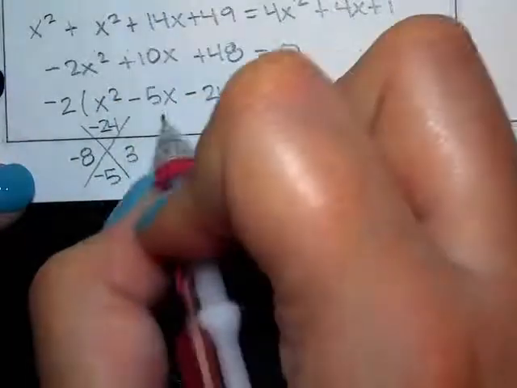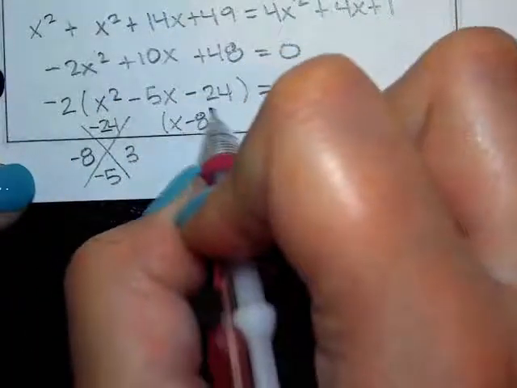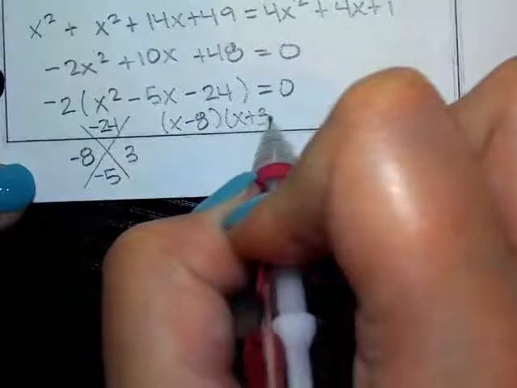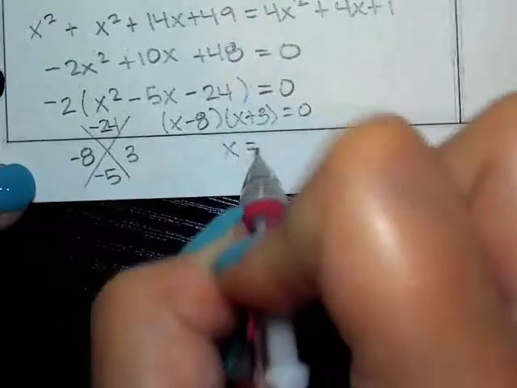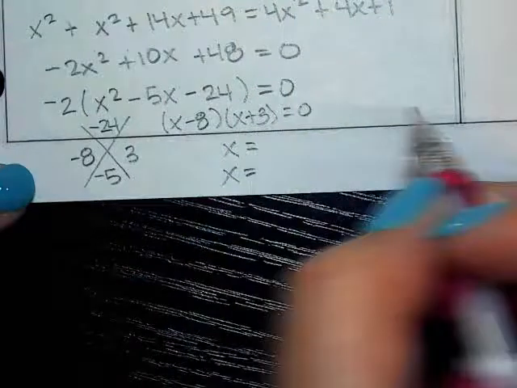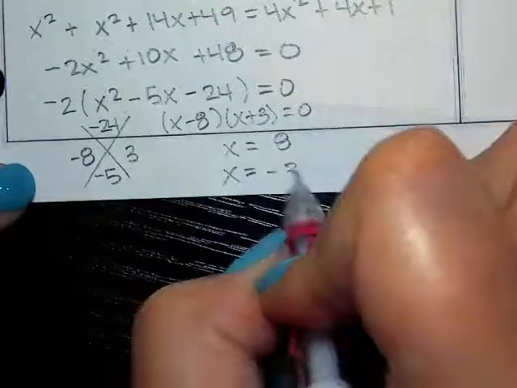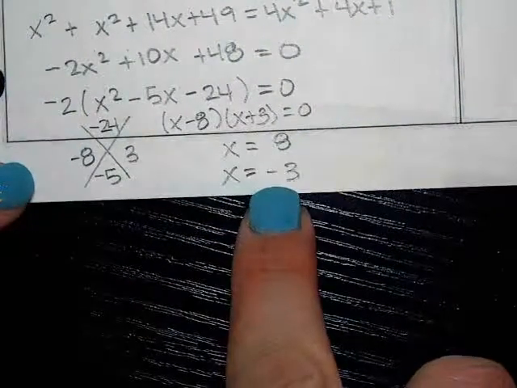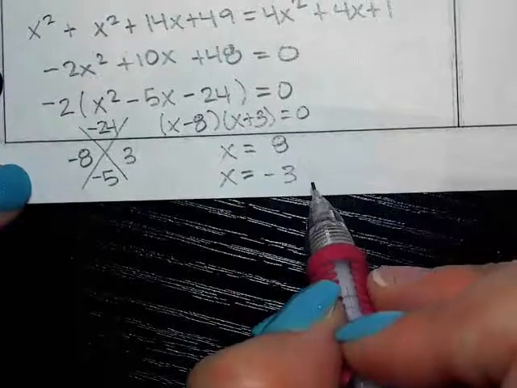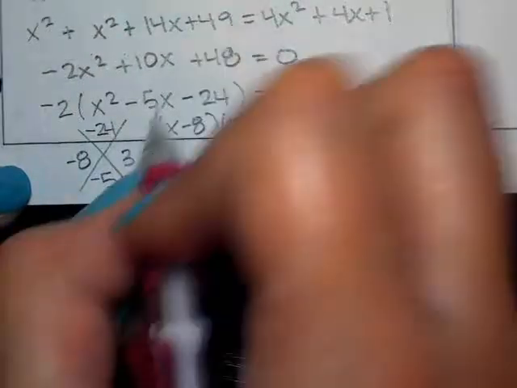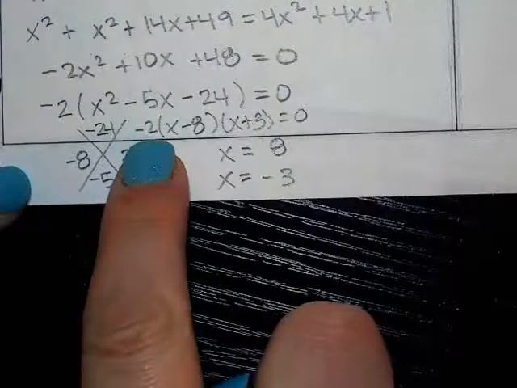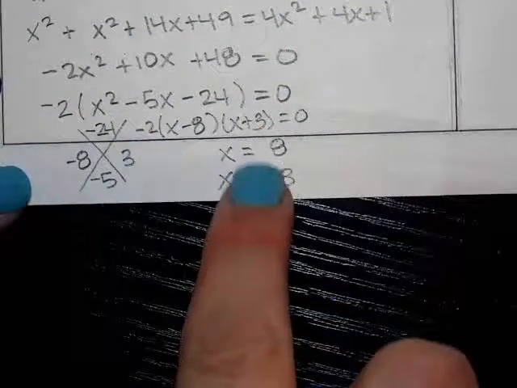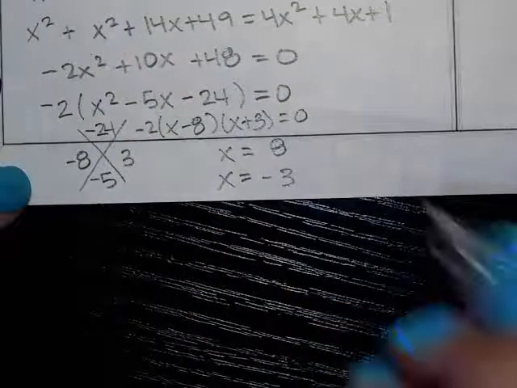Okay. And what do we get for x? 8 and -3. Does -3 work as an answer? No. Now, oh, the -2. Let's put the -2 right there. Now, does the -2 impact our answers? It does not. Okay. So the -3 cannot work because